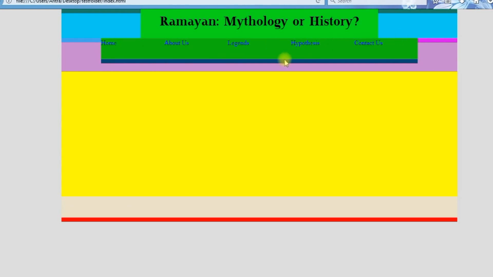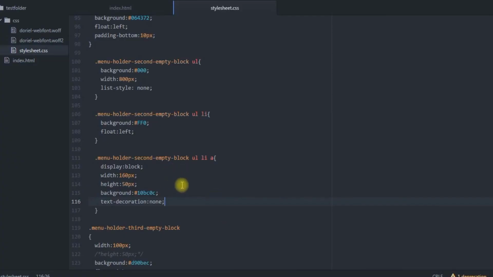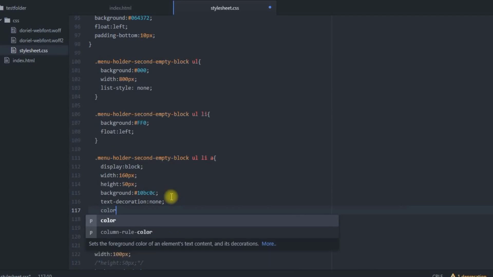Another thing, you need to change this font color, you need to change the text alignment. These things are in extreme left alignment, but we don't need this extreme left alignment. All we need is to keep them in the central position. So we are getting back to our project. First of all, we are changing the font color of these anchor tags over here.